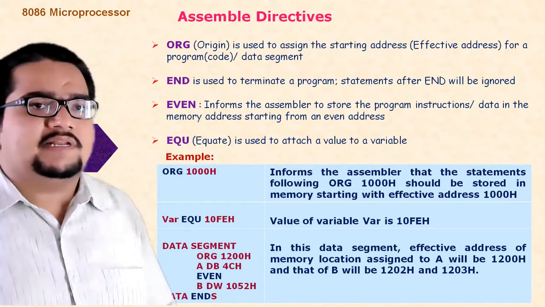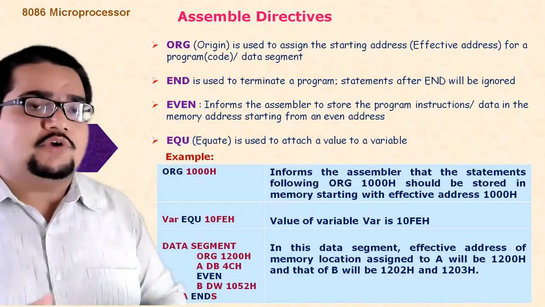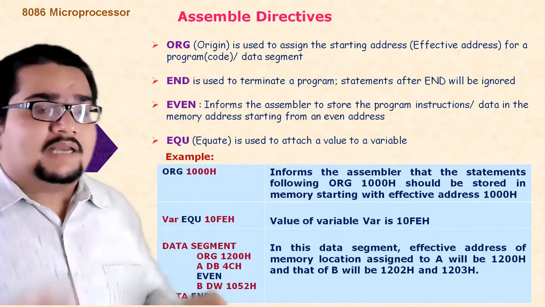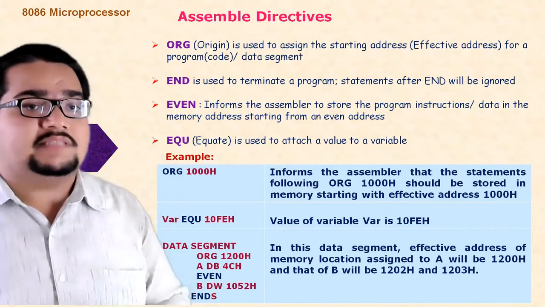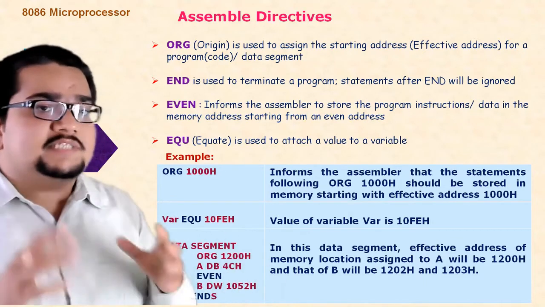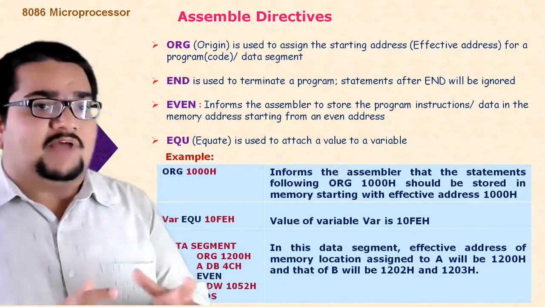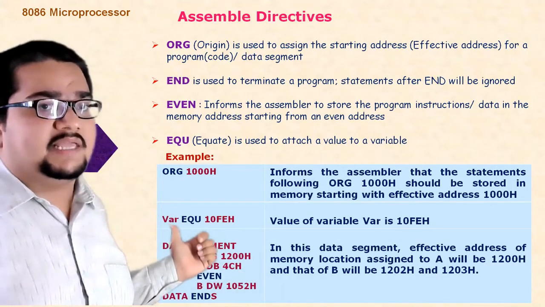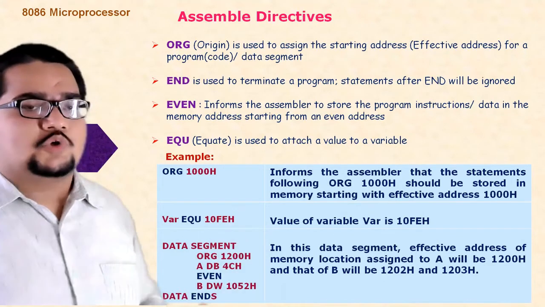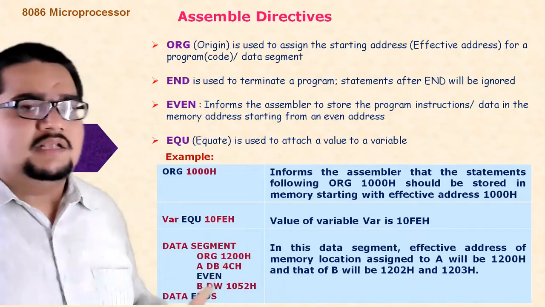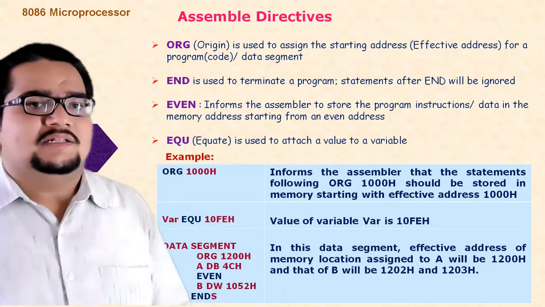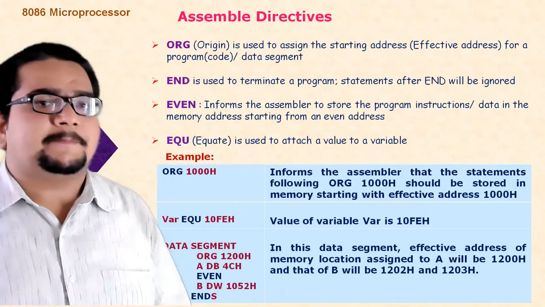Followed by that one is the EQU. EQU is used for equating our variables with some particular value. Earlier, what we have seen is define byte and define word. They are defining the size and the nature of our data. Whereas this EQU is used for just equating our variable name with some value. So here, suppose I am using some variable name VAR, I am equating its value with 10FEH. It doesn't matter what the size is here, VAR will just become 10FEH. So this is about these 4 assembler directives.